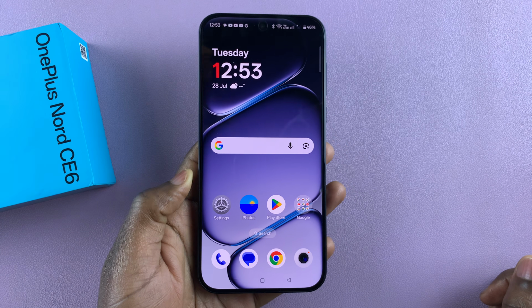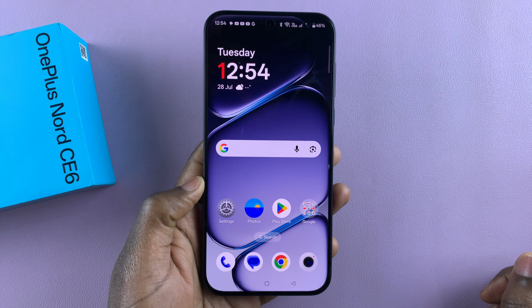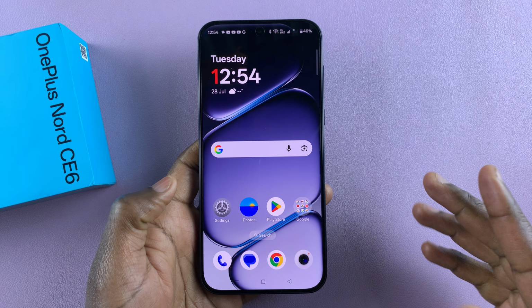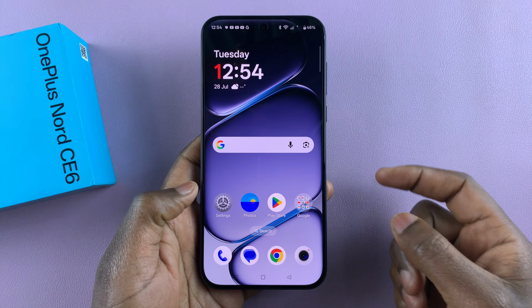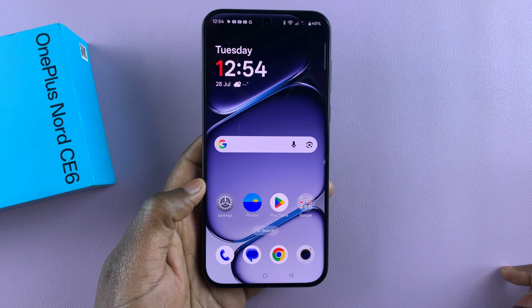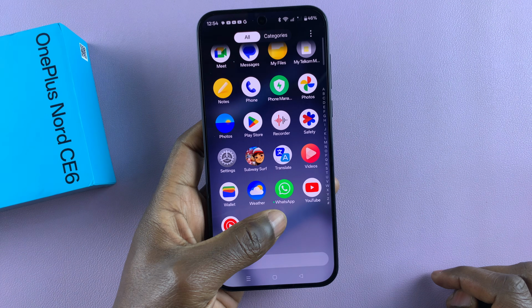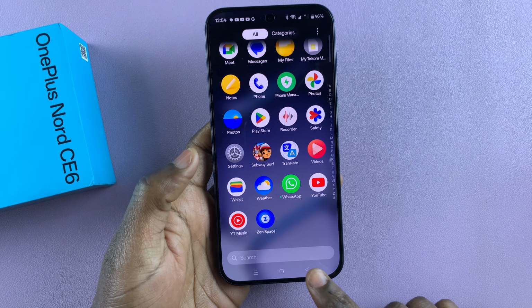I have the OnePlus Nord CE6, and in this video I'll show you how to set up two WhatsApp accounts or how to get dual WhatsApp on this phone. So as you can see, I've already installed WhatsApp on my phone, and to get dual WhatsApp all I have